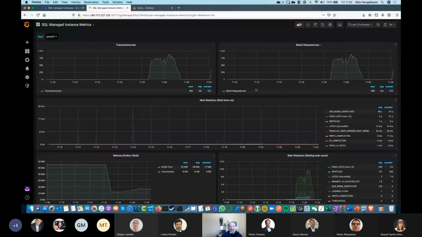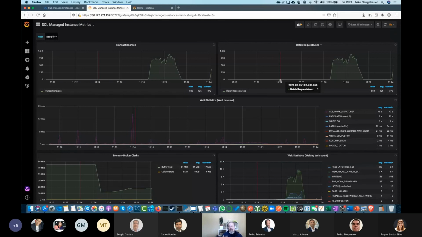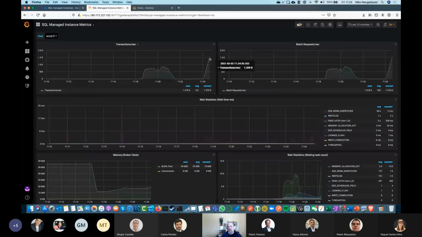I hope at least. But if I had the time, I would go from 1 to 4 cores. You can scale it significantly better. Oh, okay. So we're doing something like 8, and we will start. Okay, so we're doing 1.3K transactions per second, and 1,500 batch requests per second. Not bad for very insignificant